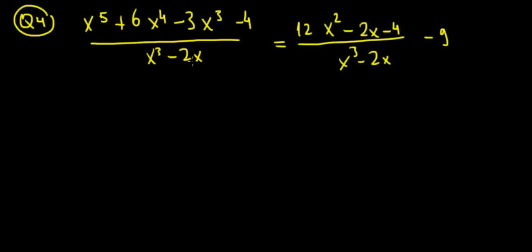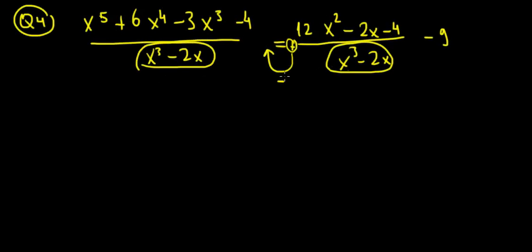So first of all, let's see what's common here, something that should make it simple. Well, x cubed minus 2x we have on the left side and we have it on the right side. So we have the same denominator. If we have the same denominator, we could write this fraction together and it's going to be more simple. So let's do it. We are going to take the right side to the left, meaning that we're going to subtract it because we have it with a positive sign over here, and we're going to take it over there with a negative sign. So we would have x to the power of 5 plus 6x to the power of